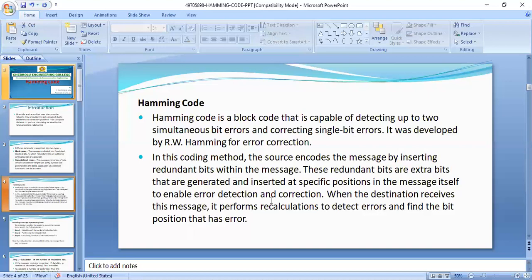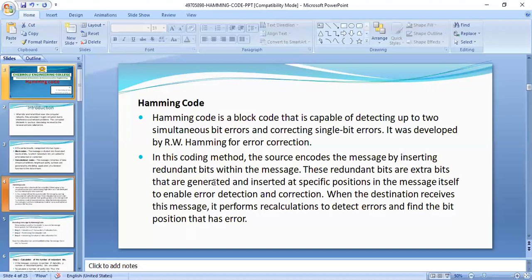After adding parity bits to the message, that code is called Hamming code. So when we add the parity bits to the message bits, the total code word is called Hamming code. Hamming code contains both message bits and parity bits.